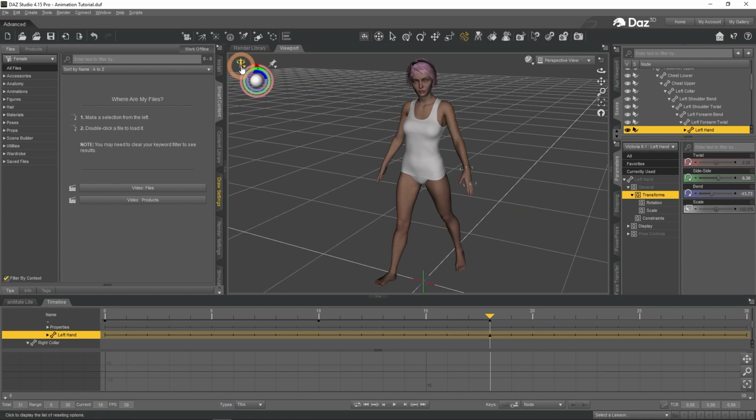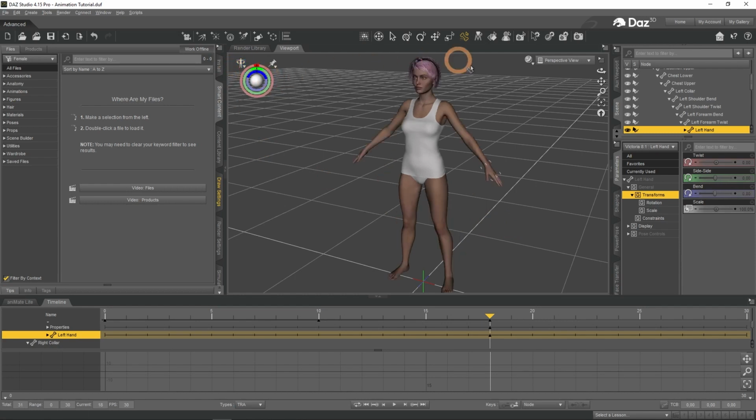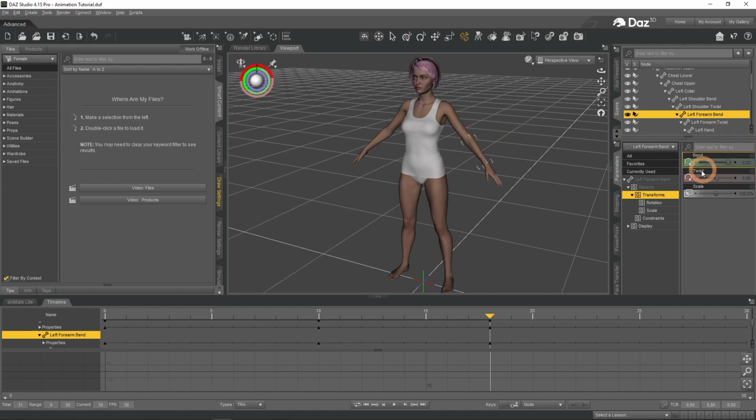Also, using this gizmo, you can even restore figure pose to a default one. Basically, all the same options are found in the Parameters tab. With the bone selected, you can control here how it should be moved. It is the same thing as the rotation gizmo, and even when I change values in one, they also change in another one.